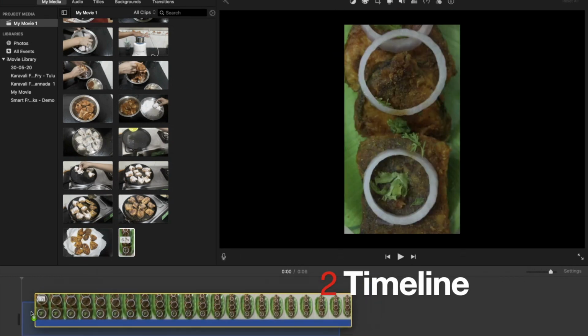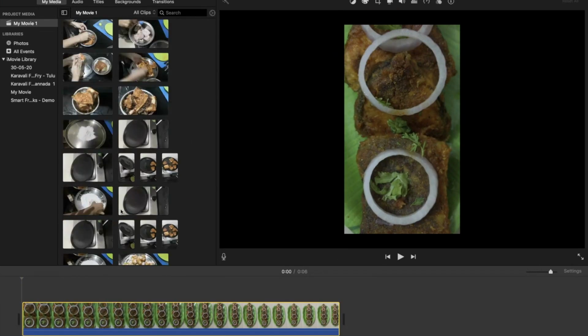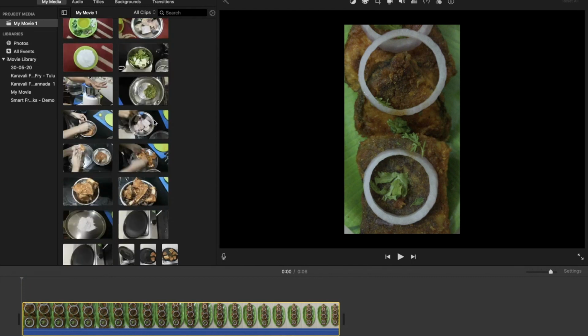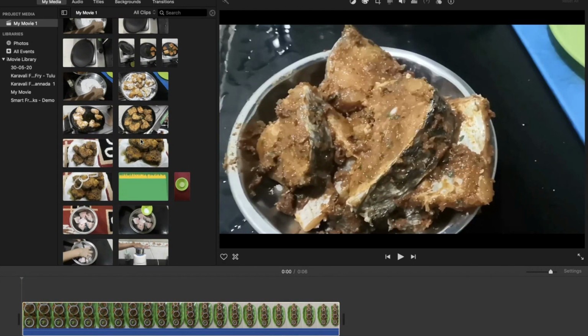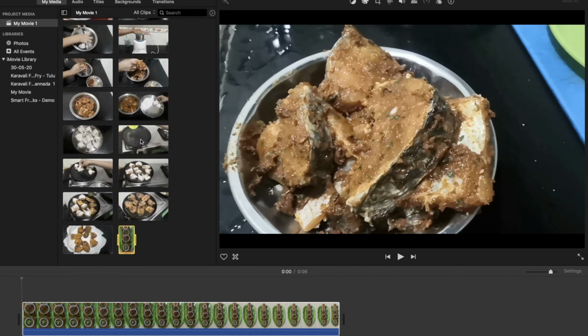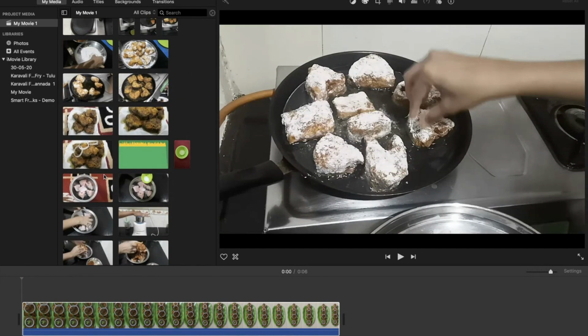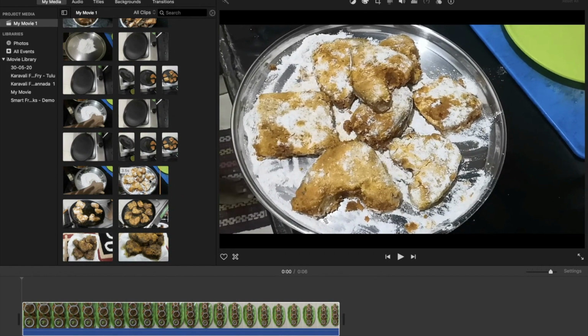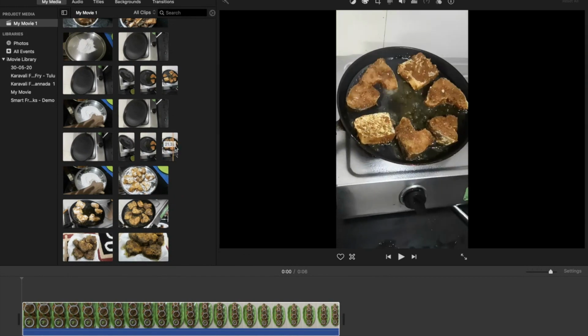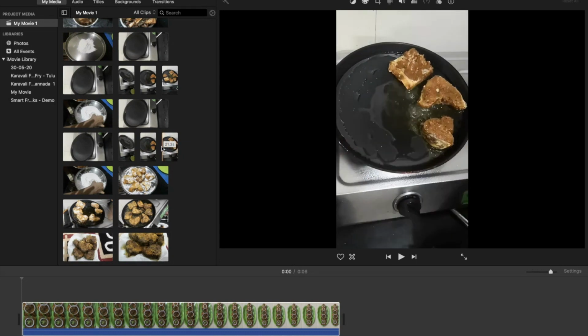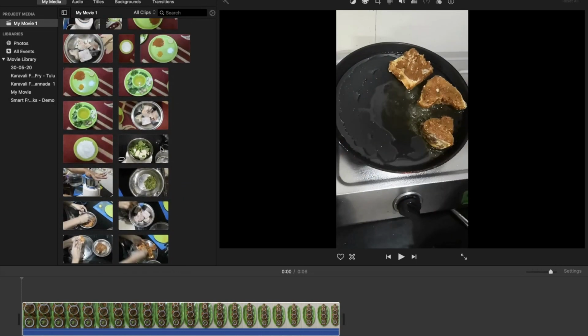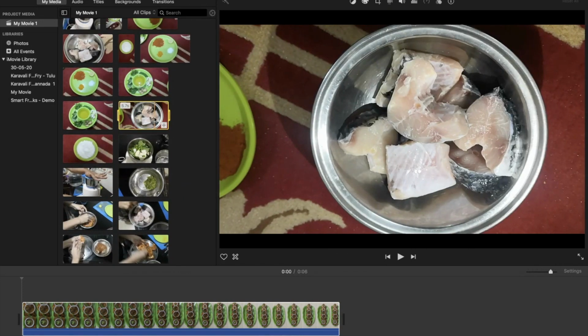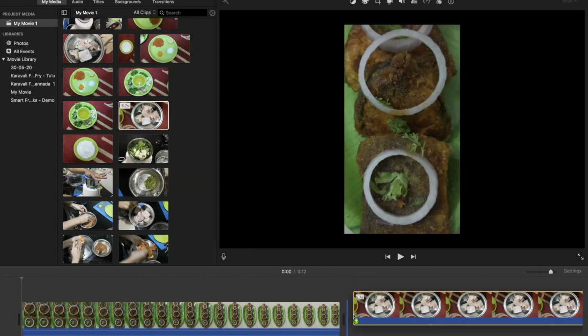Timeline. Once you are done with the import media, the next step is to drag and drop all your assets in an order to your timeline. Select the videos in the order which you want to see in the final output. You can even hover on the video in the import media section and see what the video file contains and get a gist of it. You can increase or trim the length of the video or audio file at any time. Don't worry, I'm going to teach you soon.